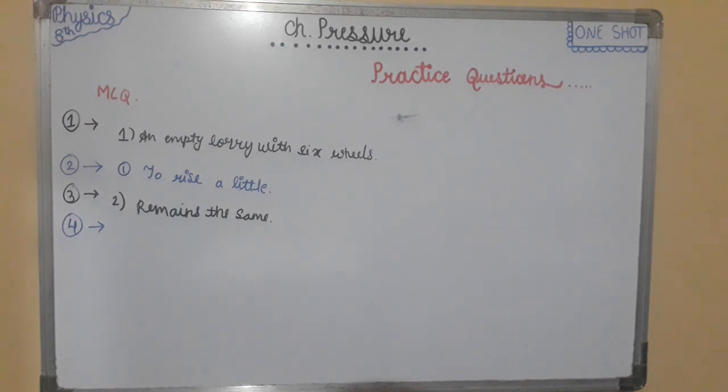I'll repeat the question and options. The same body is immersed in two liquids A and B in succession. The extent to which the body sinks in liquid B is less than liquid A. What are the conclusions that could be derived from such an observation? Option 1, the density of liquid A is more than B. Option 2, the density of liquid B is more than A. Option 3, the density of liquid A and B is same. Option 4, no such conclusion can be made.